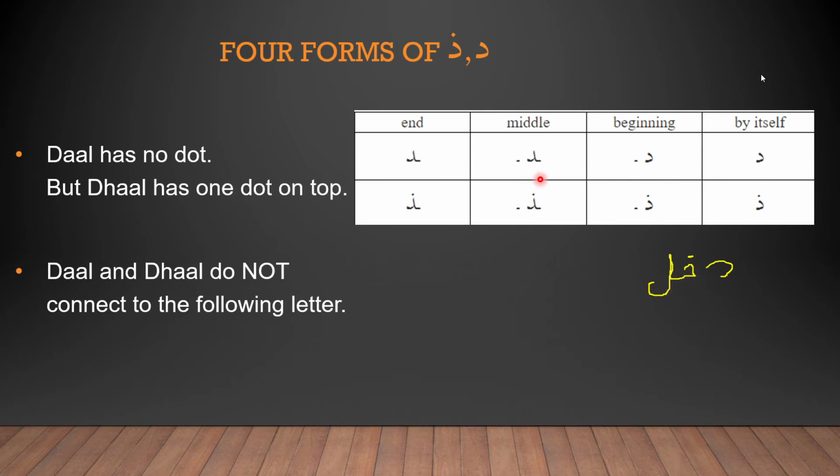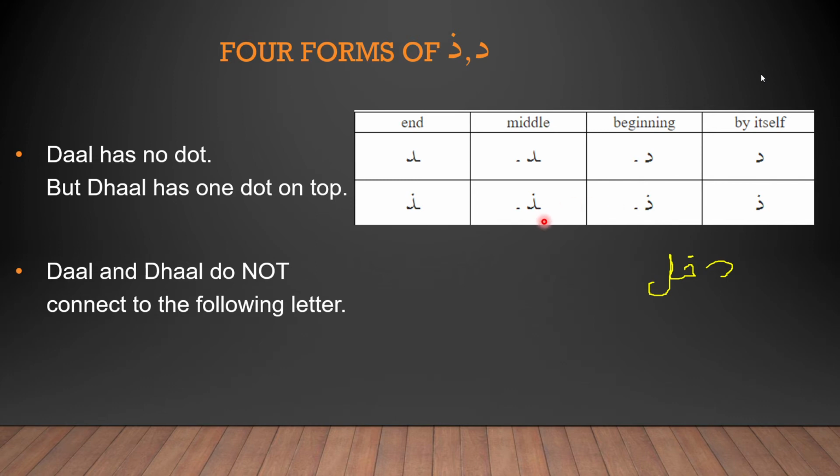In the middle, we see that Dal gets a kind of extension. It's still the same as this, but there's a little bit of extension behind it. This is because Dal is connecting with the letter before it. We saw this in the case of Alif, right? When Alif connects with the letter before it, it looks exactly the same, but it has a little bit of extension before it. At the end, it has exactly the middle form, but there is no other letter after it. Similarly, for Zal, the forms of them are exactly the same. There is just an angle here. We don't actually see anything after it because this is supposed to mean a letter.